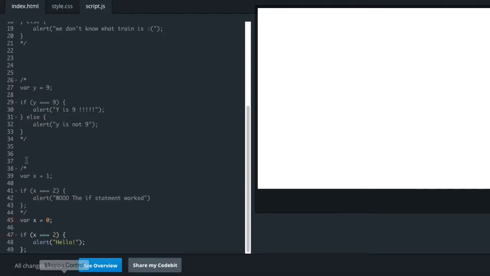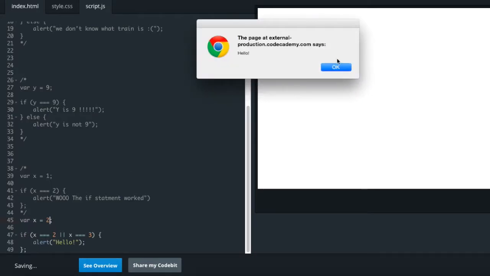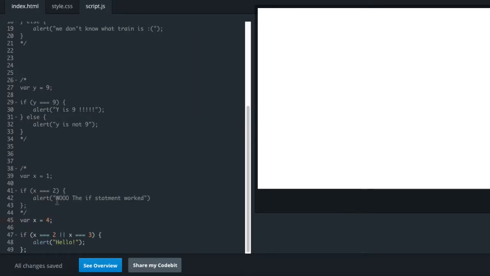If statements are very special because they can do multiple things with the parameters that check certain things are okay. If you add these, that means or. So I can type x equals 2 or x equals 3, then alert hello. So x equals 2, yep, 4, nothing, 3, yes. You can also do,